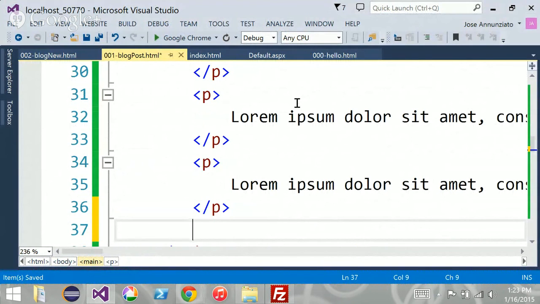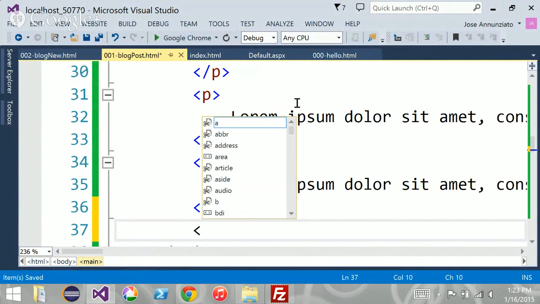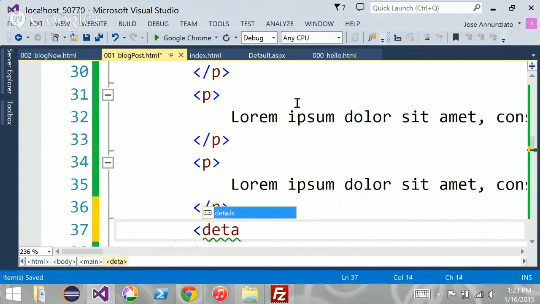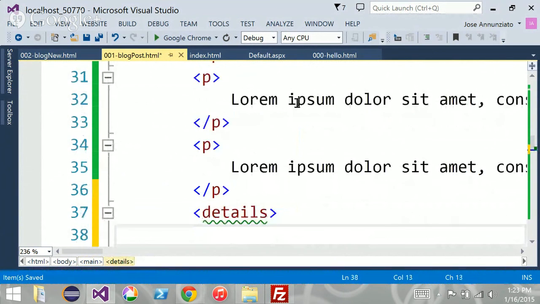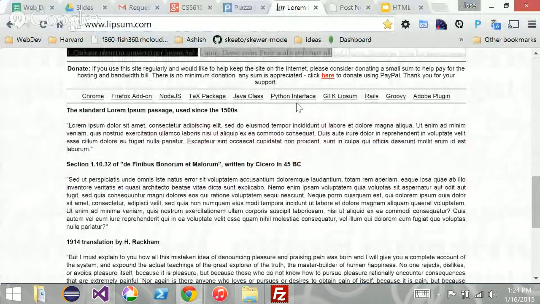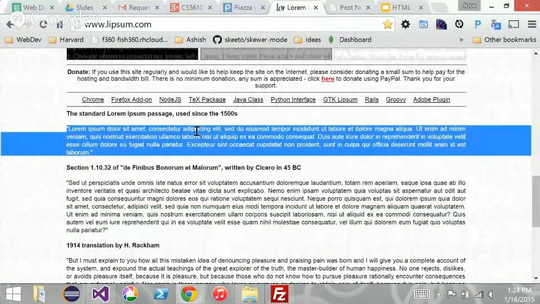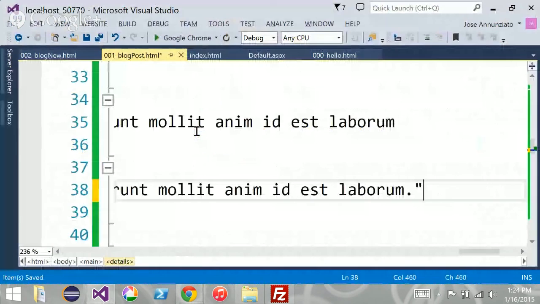Well, it's such a common use case that HTML5, identifying the fact that we're creating these applications, has made it now natively supported. So you can now have a new element called details, that if you have text in here, maybe from Lorem Ipsum,